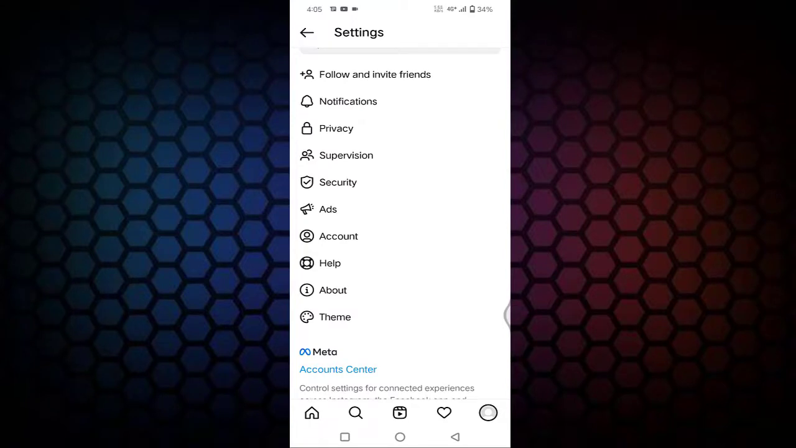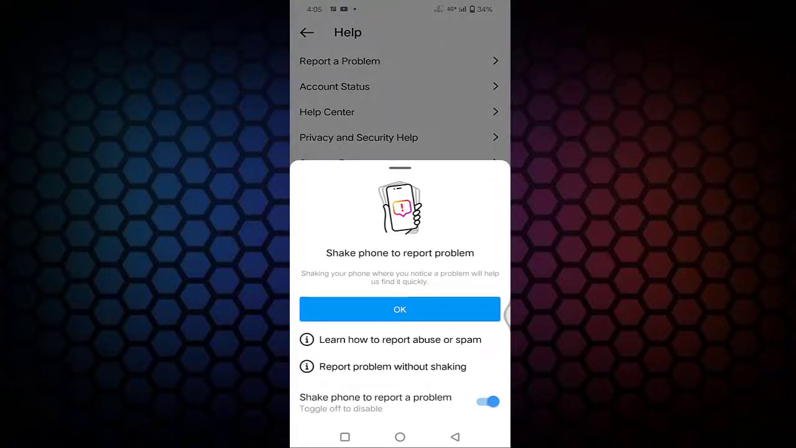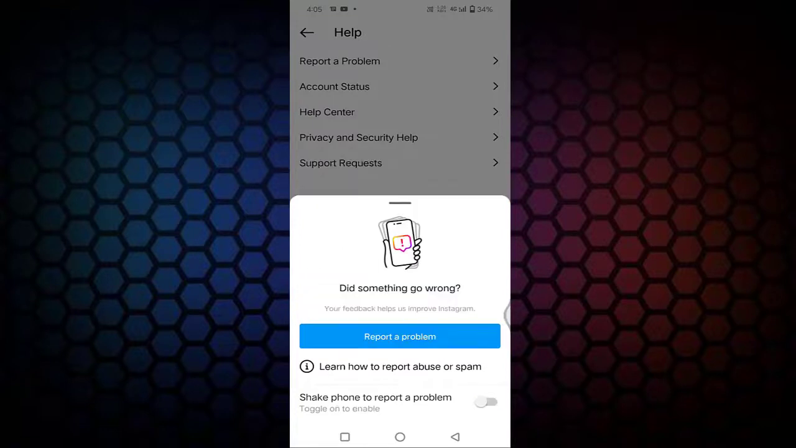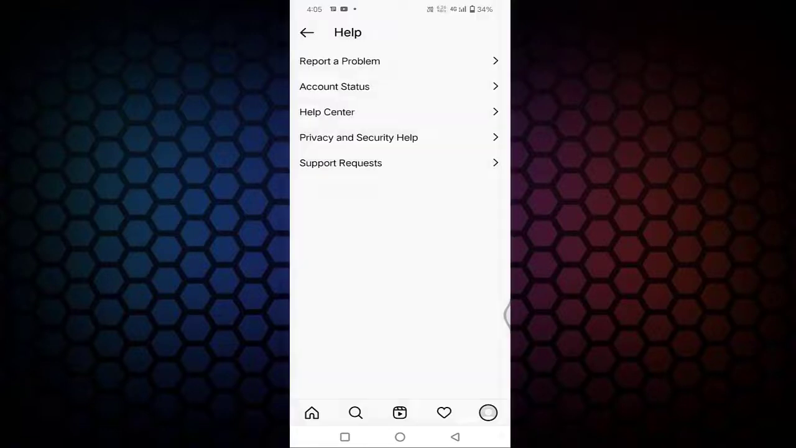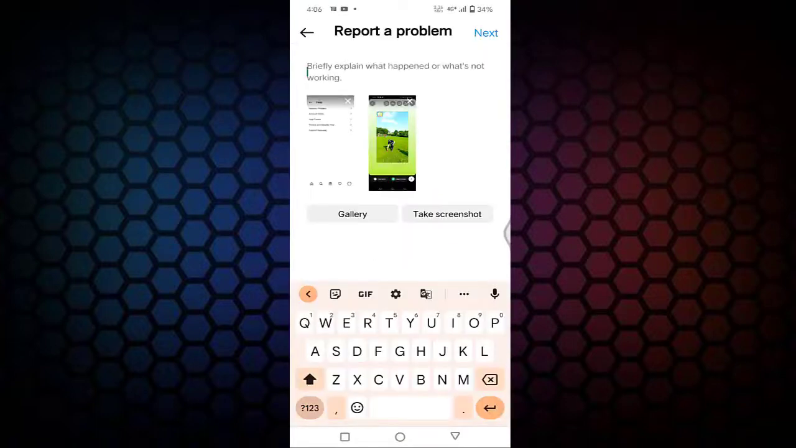You can see here the help option, just tap on the help option and tap on report a problem. You can see here just below this enabled option, just tap to disable that and report a problem. Here you need to upload the screenshot we have taken, just tap on the gallery. You can see we have uploaded this photo,